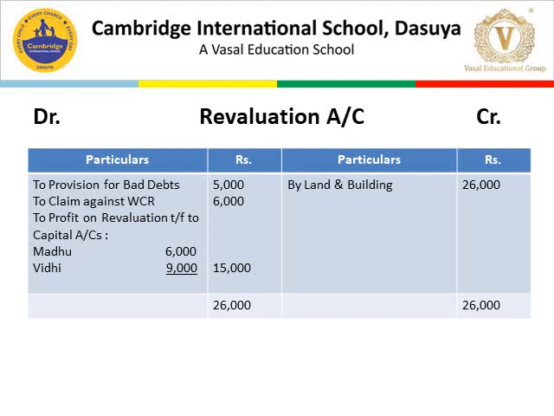Now we are closing the account, both sides, according to the double entry concept. We have to equalize both the debit and credit side. 26,000, 26,000. 26,000 minus 11,000, we are left with 15,000. This is the profit on revaluation, which is transferred to Madhu's and Vidhi's capital in the old ratio. The old ratio is 2:3, and 15,000 is divided between Madhu and Vidhi in the 2:3 ratio. That is 6,000 and 9,000.